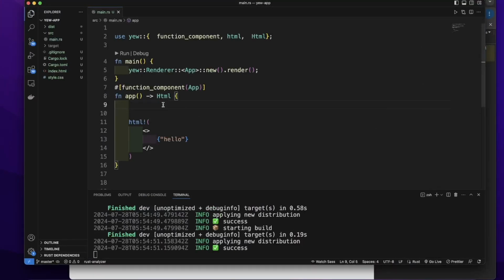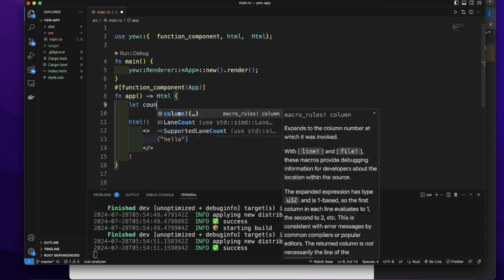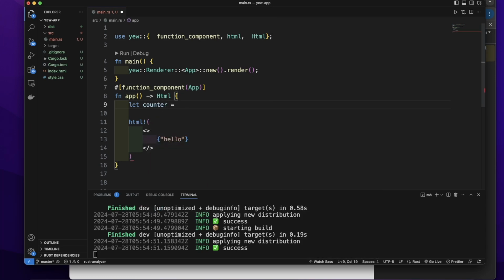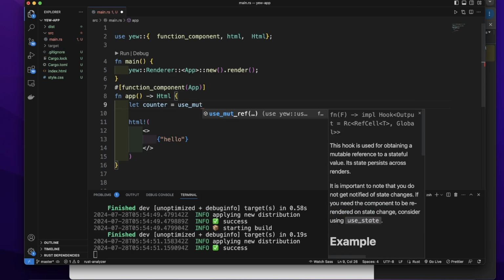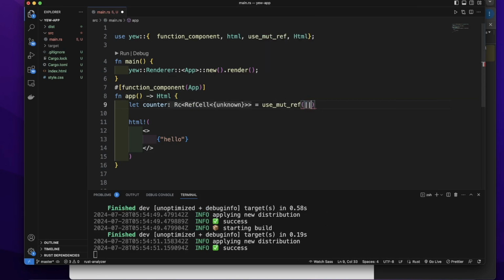We can use the use_mut_ref hook to create a mutable reference to a value. But when the value changes, it will not cause a re-render. So let's create a variable counter equal to, we will call use_mut_ref, and let's give it an initial value